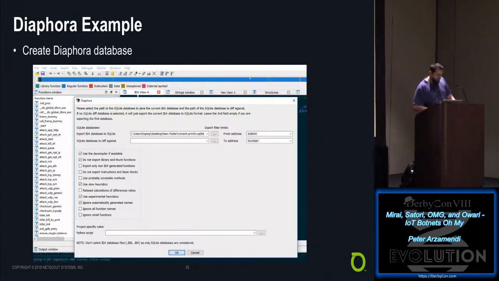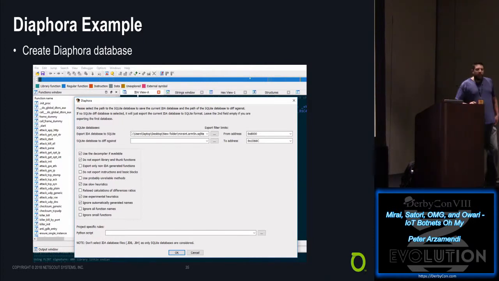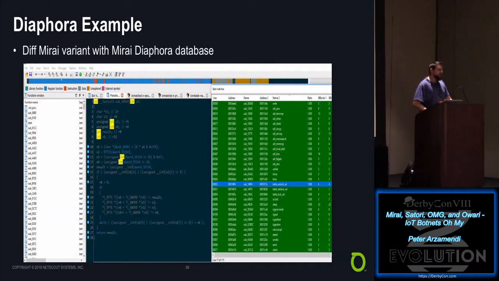There you go. So how Deforia works is first you compile your unstripped Mirai variant, in this case like an ARM variant. You run Deforia, it creates an SQL database, with a bunch of heuristics that it uses to index information about what functions are there and signatures around those functions. Then you can apply it to your stripped binary.